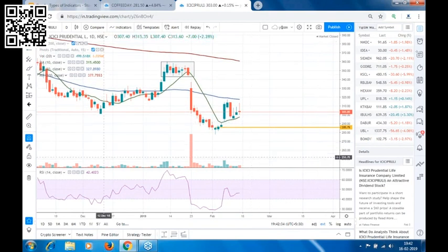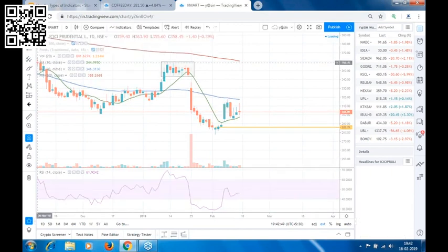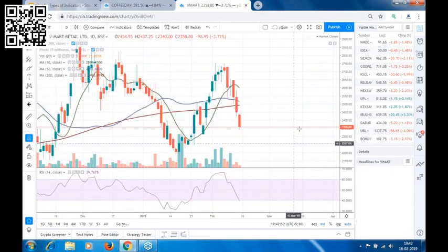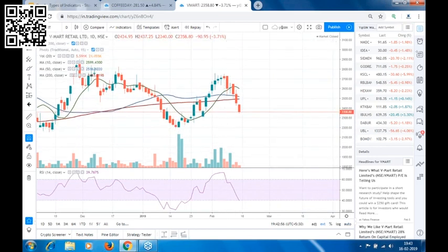Now second condition is when a stock is taking a support, whether on a 200 moving average or a 50 moving average. Now see, we gave VMART on this day on 30th Jan. On 31st it was posted on your Telegram channel. See the price rejection from the lower level in the stock, and the stock closed above 200 moving average. And this is a bullish candle.